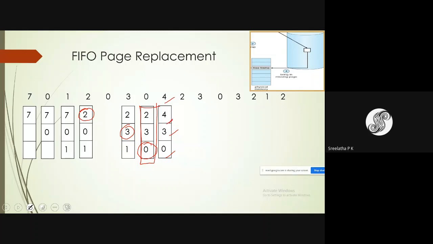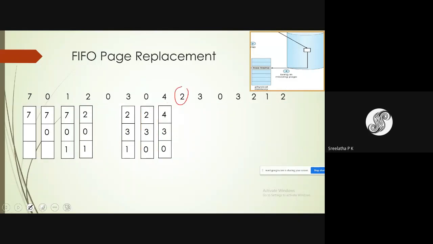Okay, so this is a question which can come in GATE questions also. They give the reference string, tell the number of frames is 3 or 4, and write the number of page faults. Okay, so next page, which is referred as page 2. Page 2 is not available. Which page is replaced by page 2?